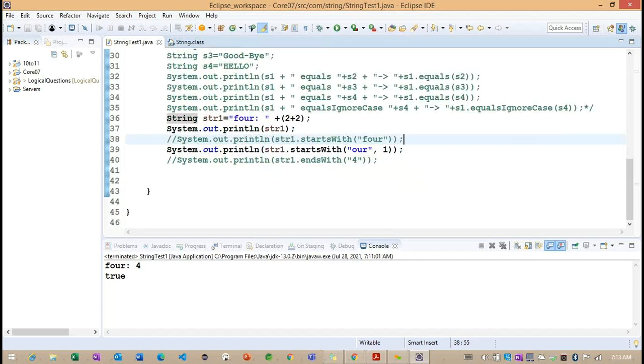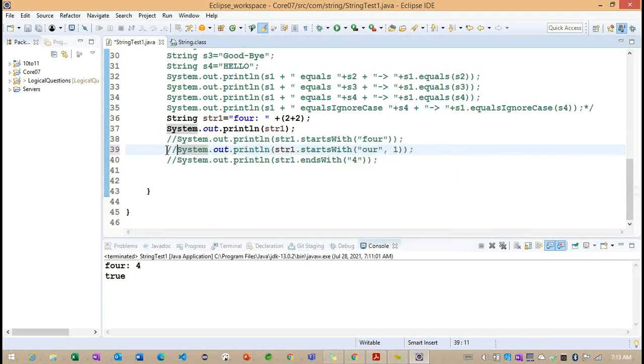As we discussed, this compareTo method returns an integer value. If it is less than 0, the string is less than the other string. And if it is greater than 0, the string we are going to compare is greater than the other one.